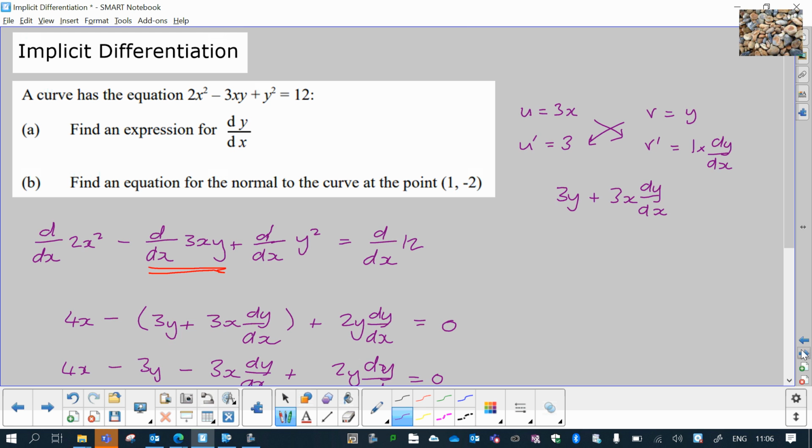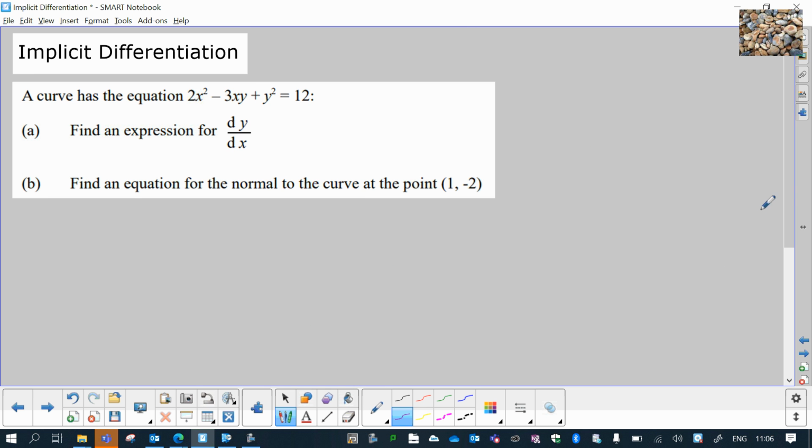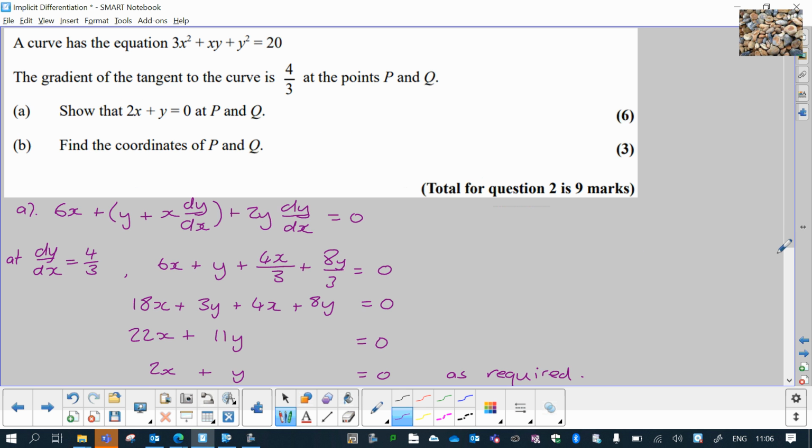So the next thing, we're being asked to find the equation for the normal to the curve at this point. So we've just worked out that dy by dx is equal to,